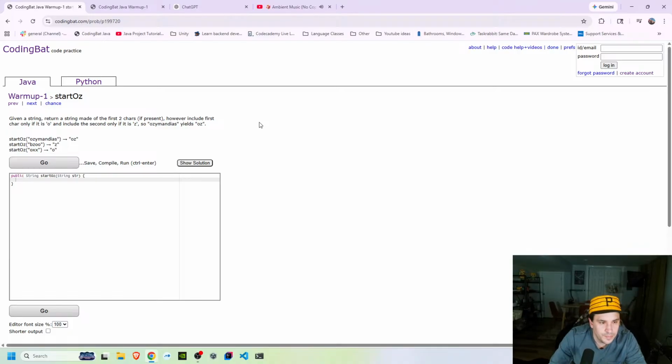Let's see here. If string length is greater than or equal to 2,